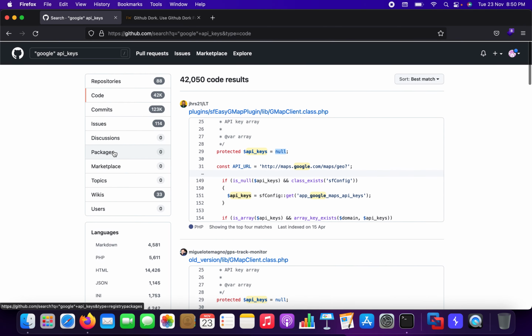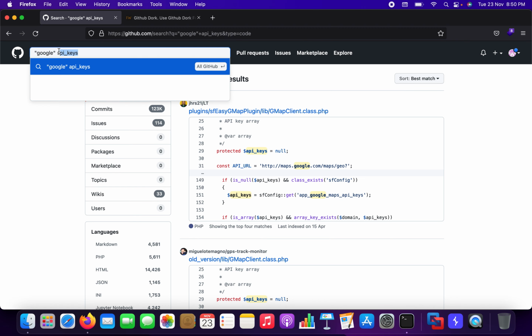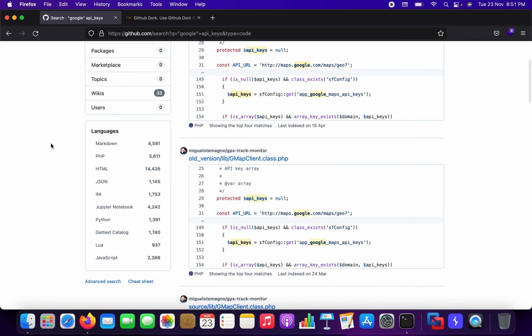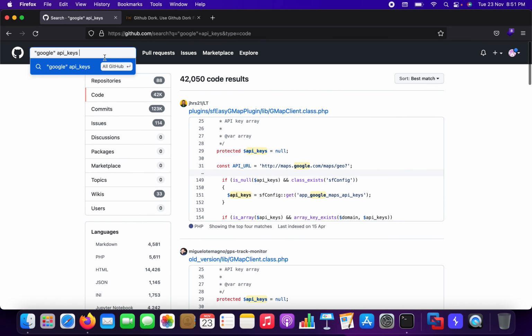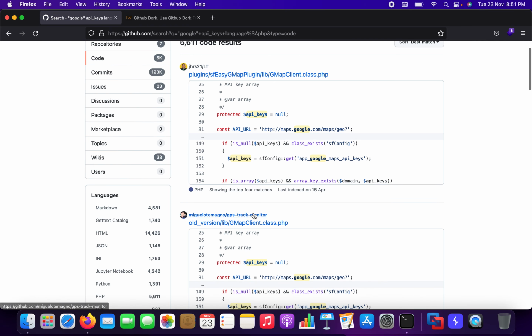But the thing is, too much information gets flooded in front of you when you just type in the keywords pertaining to a program that is very, very large. So what you can do is specifically look for the things that interest you. For example, you know that you are good at PHP, or you think that most of the stuff is going to be in PHP. So either you can type in PHP, you can click on PHP right over here, or you can just type in language:PHP, and you'll be shown only the PHP code.